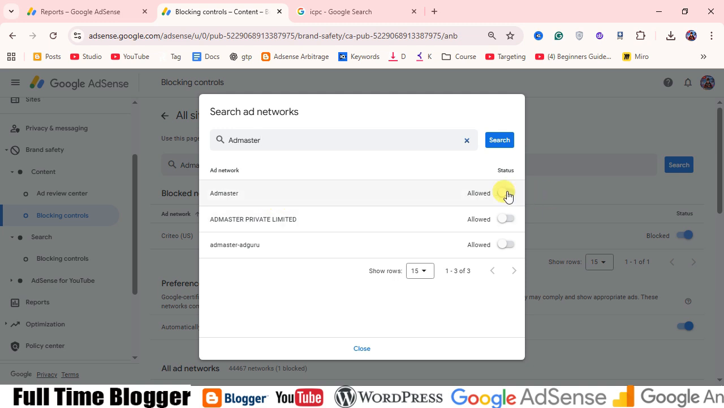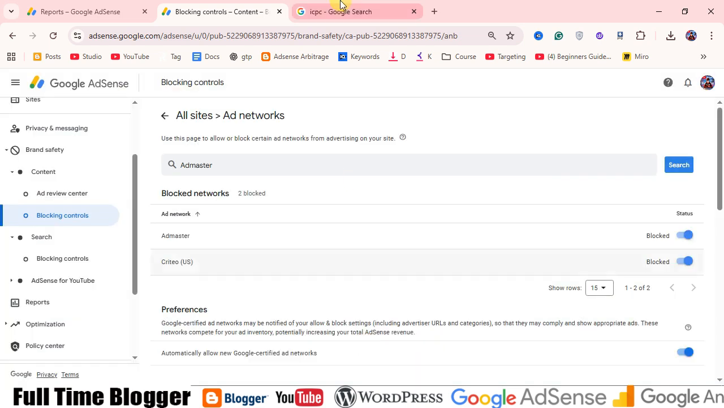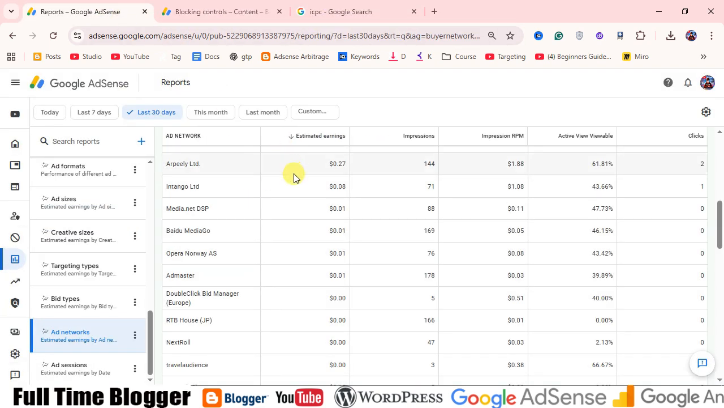Right here you can see this show low CPC ads. We just close this, we just ban it, and close it. Okay, so this is how you can remove low CPC ads from your website, and you will earn